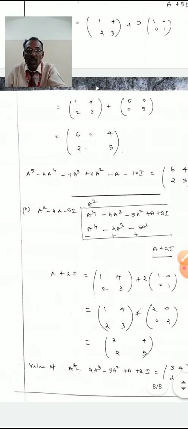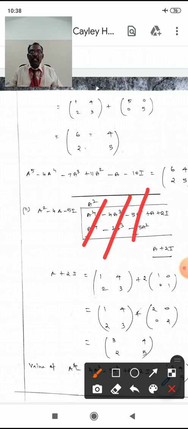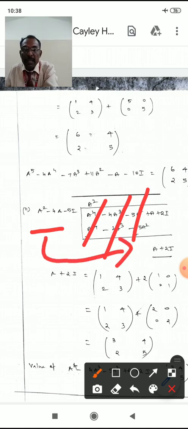Subdivision number 2: the sum is different, A^4 starts, but the Cayley-Hamilton equation is the same. So first what we do, multiply by A^2 of the Cayley-Hamilton, we get A^4 − 4A^3 − 5A^2. Now I change the signs. So A^4 cancels, 4A^3 and 4A^3 cancel, −5A^2 plus 5A^2 cancel. What is remaining? A + 2I. So the remainder is A + 2I, and this is the simplification of the given problem.